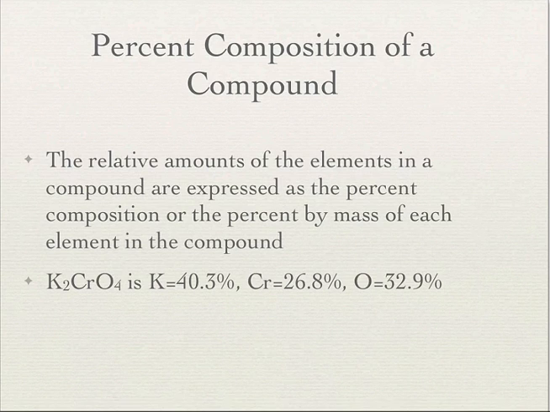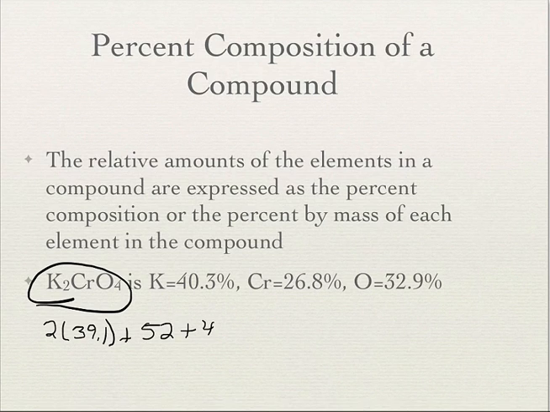Well, the first thing you need to do is find the molar mass of these compounds. For this particular one, it's 2 times 39.1 plus 52 plus 4 times 16, and then add that all up. Let me get my calculator here. So I got 39.1 times 2 plus 52 plus 64. So that equals